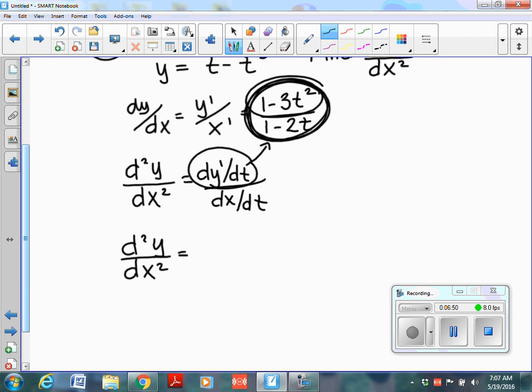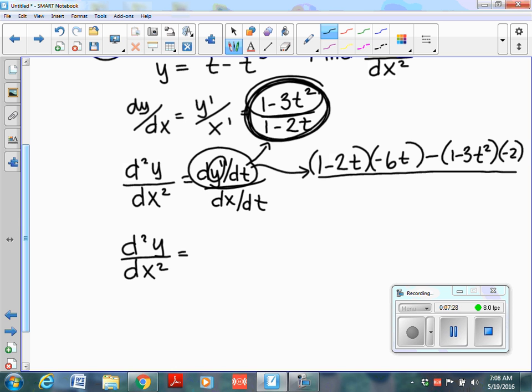Okay, how do I explain this? You're finding the derivative of the y value of dt, which is that. So, I'm going to use the quotient rule, low d high minus high d low, all over low squared. So I'm just going to do this part right here. Low times the derivative of the high, which is negative 16, minus high times the derivative of the low, which is negative 2, all over low squared,